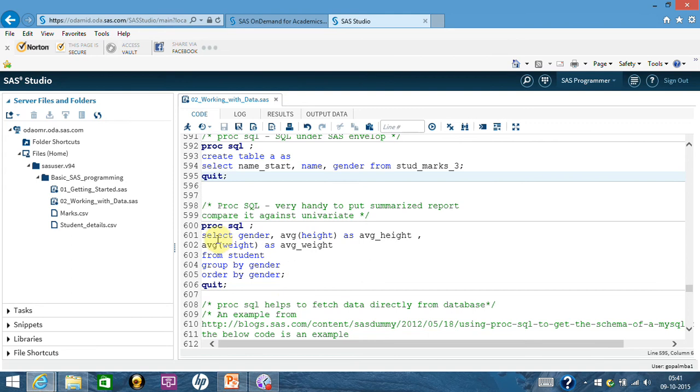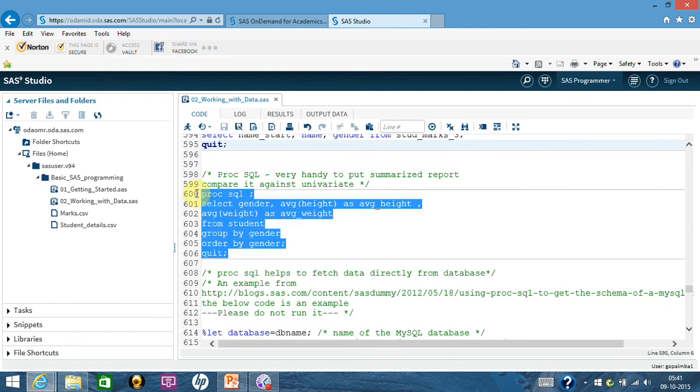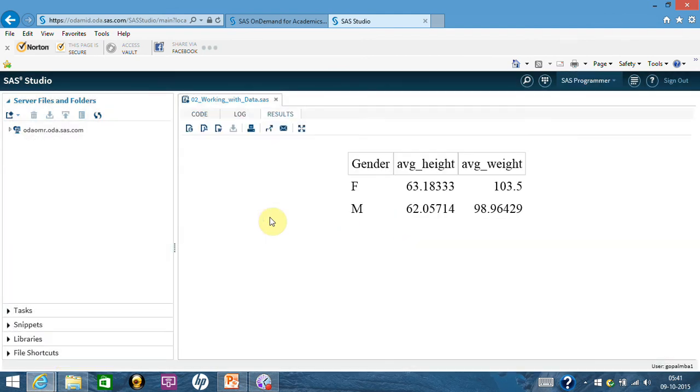I'm saying select gender, average height as AVG height, average weight as AVG weight, from student, group by gender, order by gender, and just see what it is doing. When you run it, it has given you the average height and average weight for female and male.